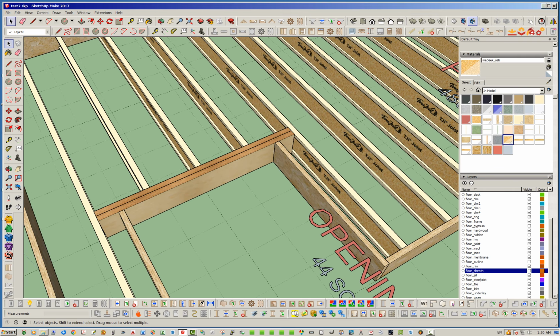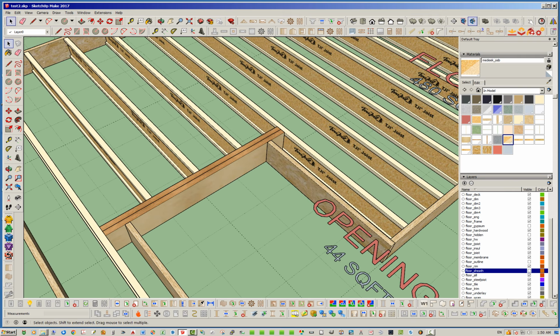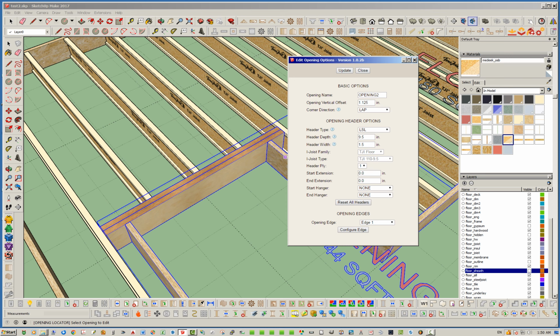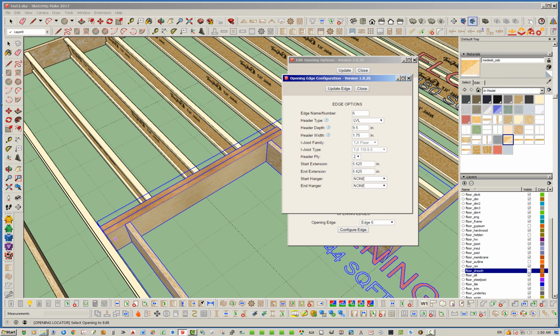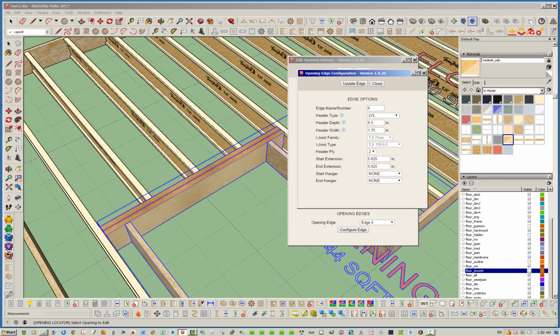Now let's go ahead and add the hangers. Okay, so I've figured out which hangers I want to use, but as you can tell, the list is rather large. So let's start with header 6, and we'll go there. And of course, the hanger will be the same for both ends, right? So the start hanger and the end hanger will be exactly the same. As you can see, we've got a lot of hangers here. I'm going to use this